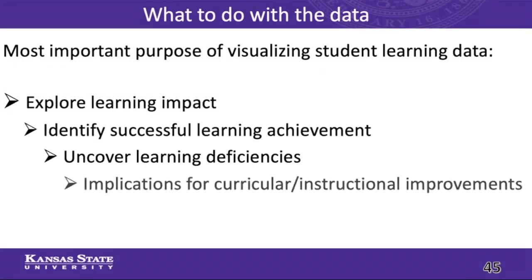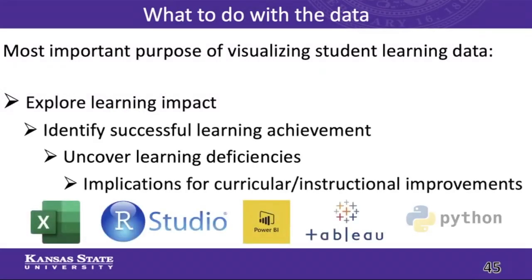It's important now when we're talking about visualizations, we're thinking about all the stakeholders as far as how will this be used? What will have the greatest impact for those who need to see the data? What is the best way to demonstrate learning achievement so it doesn't just say pass and not pass? How can we uncover deficiencies that we don't normally see? The purpose of assessment is to expose both achievements and deficiencies that will inform decisions of how we can improve